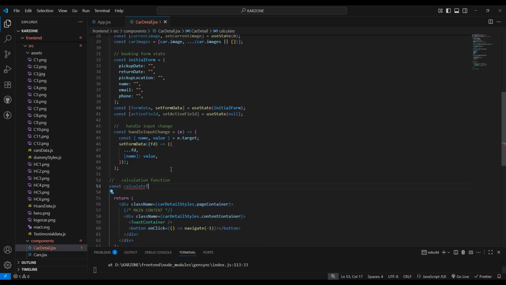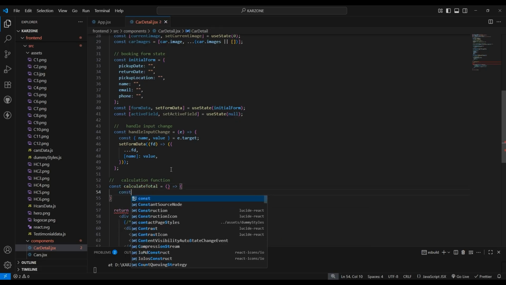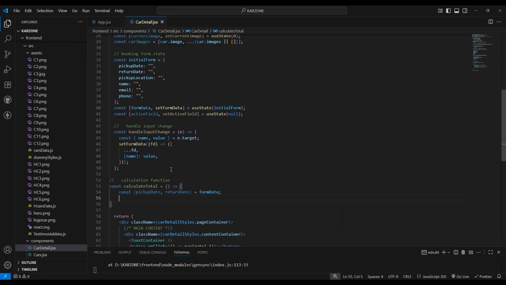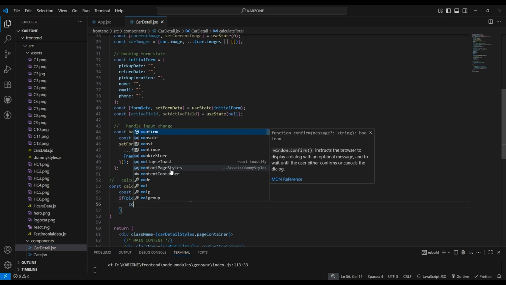So type here const calculateTotal is equal to an arrow function, and type here const pickupDate, returnDate. These both details will be coming from the form data. Then after this, if pickupDate and returnDate, if both are present, then in that case just type here const